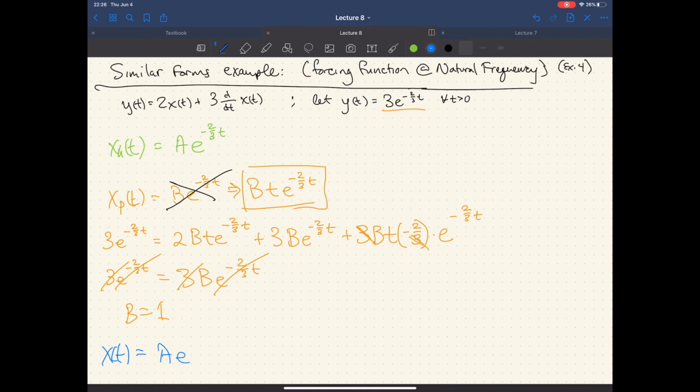We put it all together. We have that a still hanging around because we need to put everything together before we can solve for those. B is equal to 1, so we just have plus t e to the minus 2/3 t. And you can solve the rest from here. Actually the book doesn't even have it in here. So yeah, the book is as lazy as I am. Go figure. But you can solve this. We've done it before. So easy.